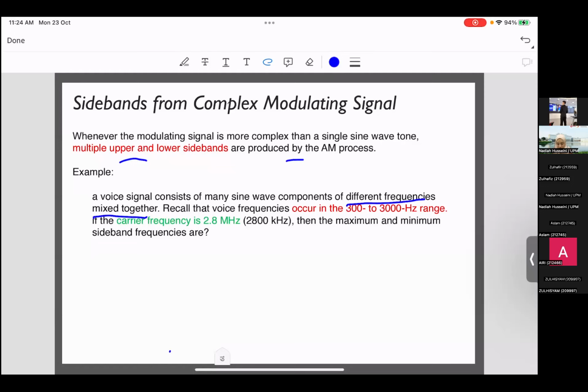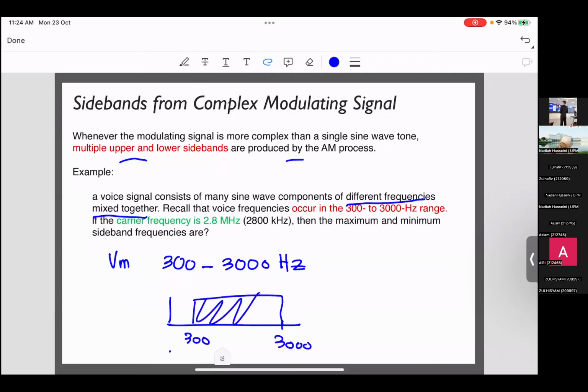Now recall that voice frequencies occur in 300 to 3000 hertz range. You don't have to memorize this. I'm just telling you. So if the carrier frequency is 2.8 megahertz, then the maximum and minimum sideband frequencies are. This is a question. It's telling you that the modulating VM is between 300 to 3000 hertz, which means that instead of one frequency, you have between 300 to 3000,